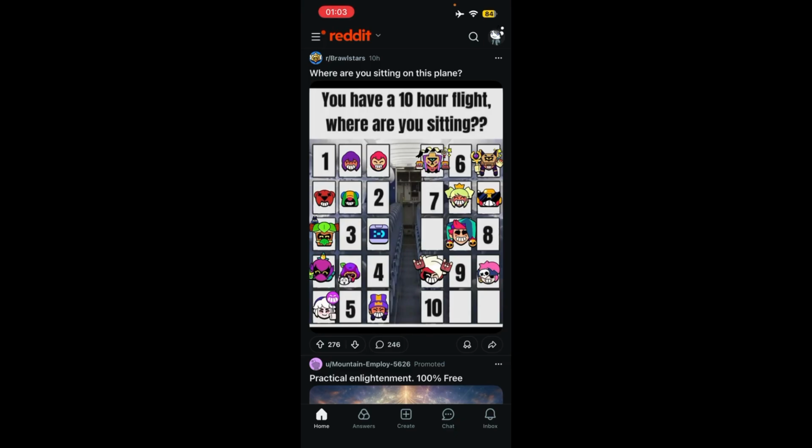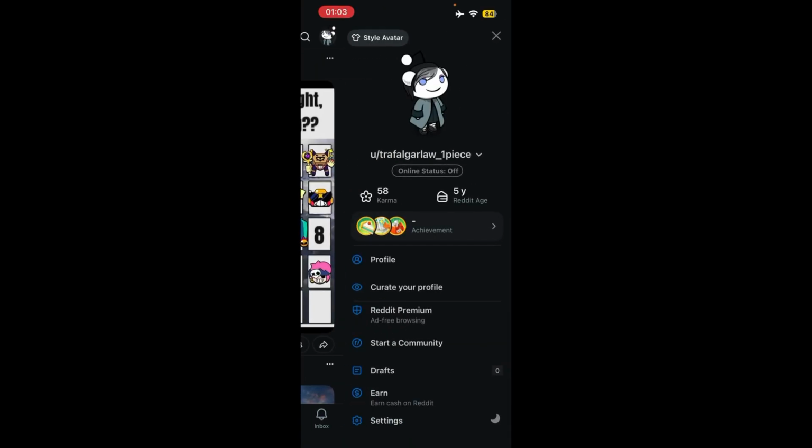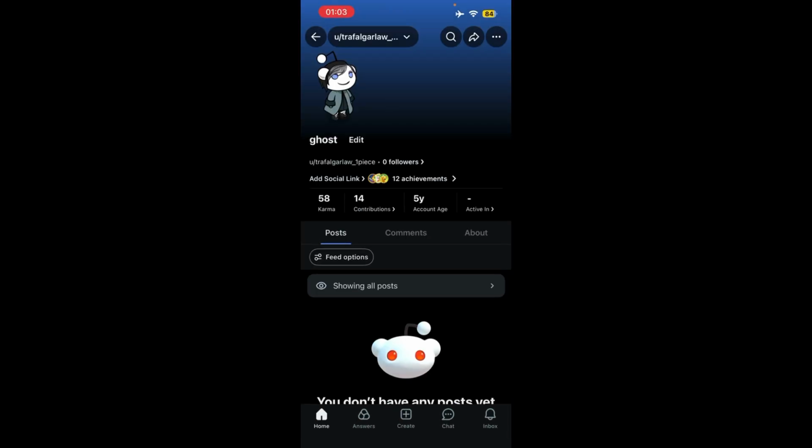Just go ahead and open it, and once you're here, what you need to do is look at the top right where you can see your avatar. So just go ahead and tap on that avatar, and now you have multiple options including profile and the option to create your profile and Reddit Premium, communities, drafts, and many more. You just need to tap on profile, and